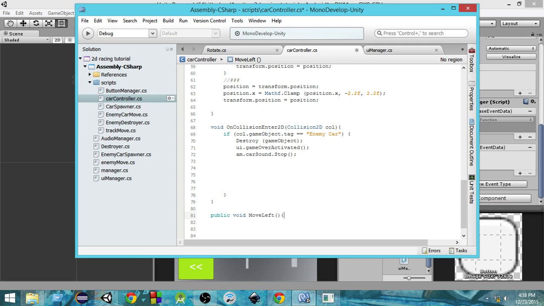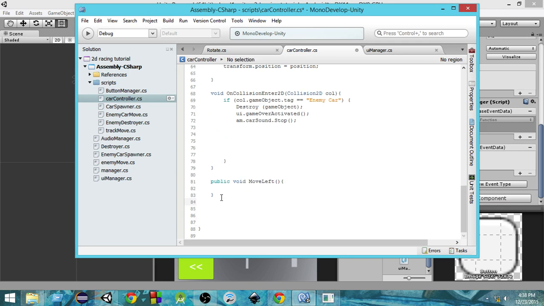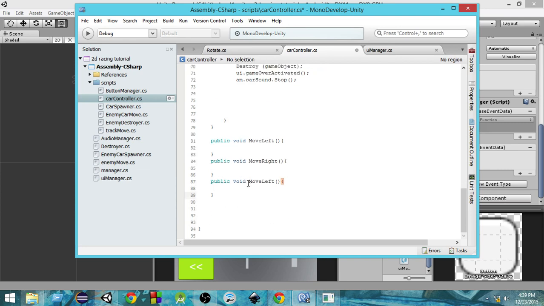So this function will help to move the car left. The same way, I'm gonna create another function. Let's copy this and let's create another function, and I'm sorry, I'm gonna name this move right. And same way, let's one more time paste it, and I'm gonna name it